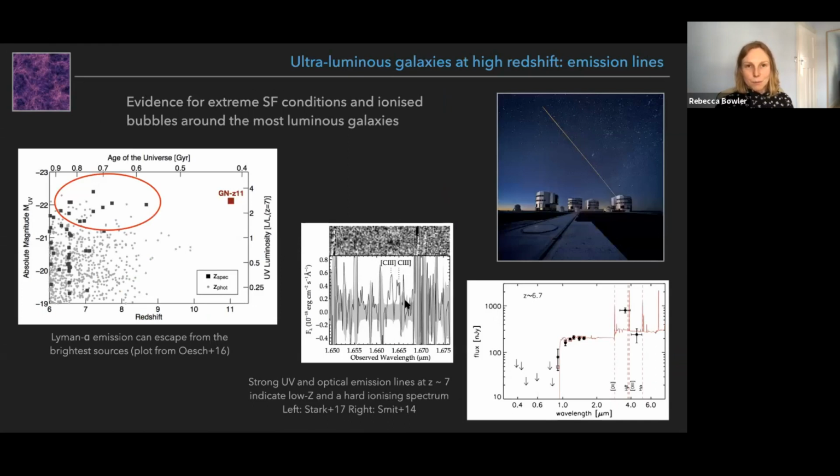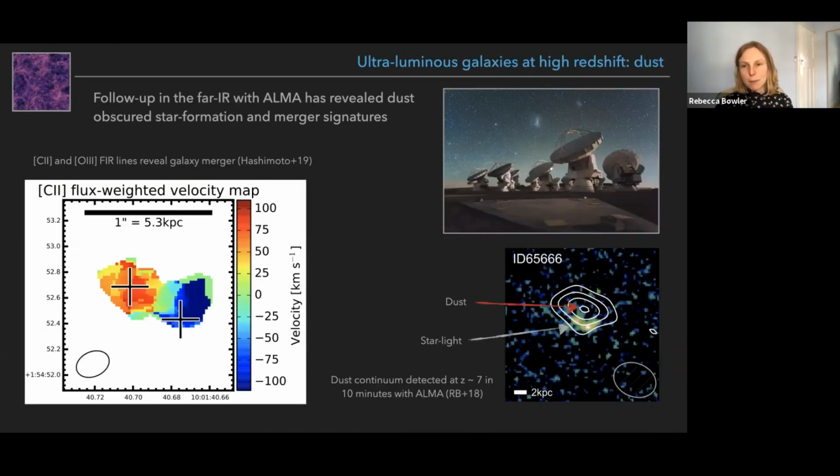What we hopefully can do is this with James Webb, because James Webb will give us the rest frame optical lines, so the H alpha, O3, that sort of thing. That will give us a different tracer of the same thing. And that's not a rotating disk? It looks like it. I'm not part of this paper. They claimed it was a merger. Okay. Yeah, it's hard to say.